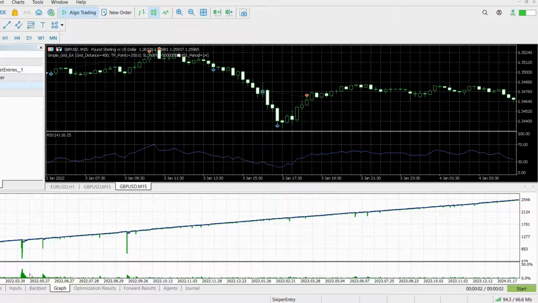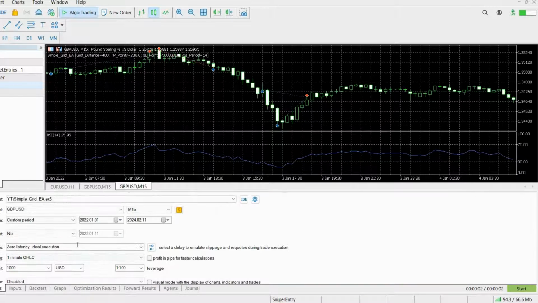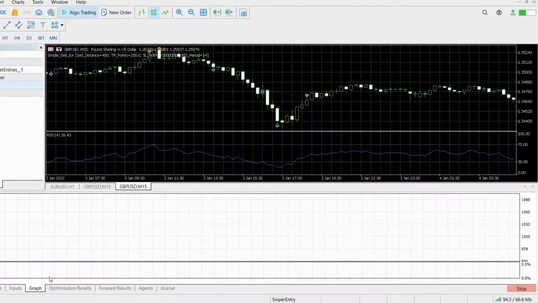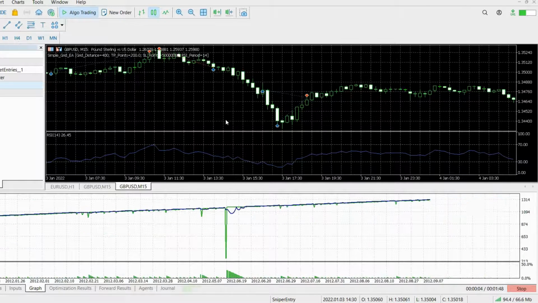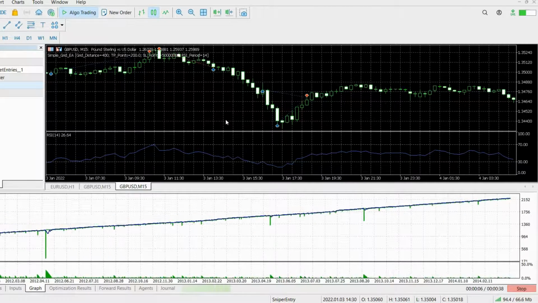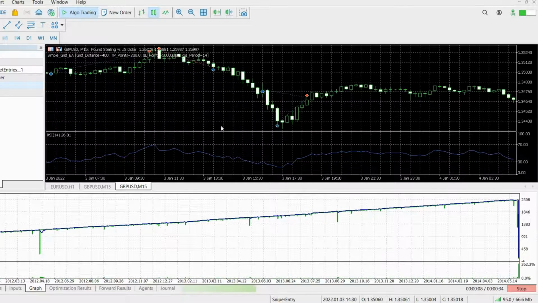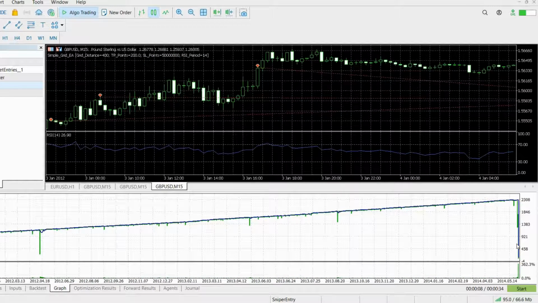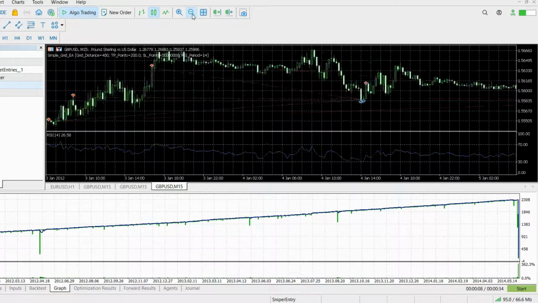I think it's pretty clear why you shouldn't be using this EA on your own account, and that is, let's run this since 2012, and the reason is that there will be a time when it doesn't work well and you will lose all of your capital, like here. Okay, so that's the reason. Because if I zoom out